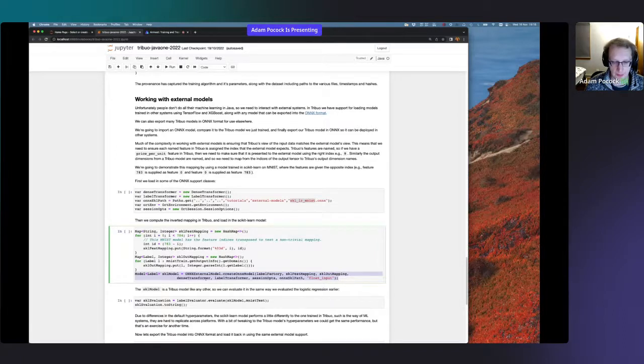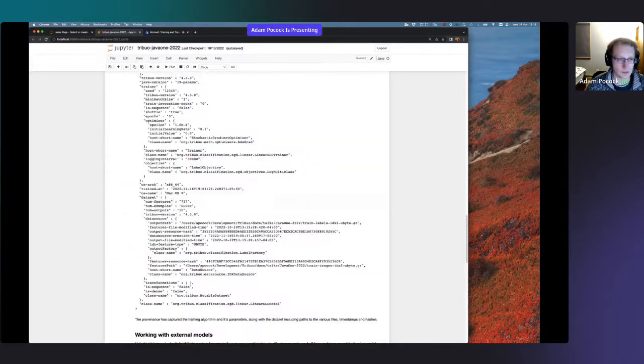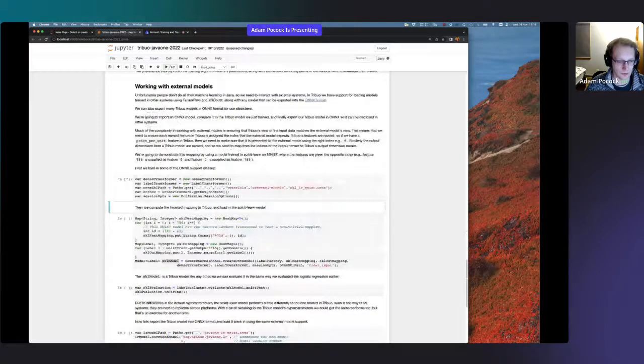We pass in the mappings, and then we pass in the path where it should look. And also the ONNX model expects a named tensor input, so we have to tell it what tensor it should map to. But now we've got a model, and it behaves like any other model. I should have run that.